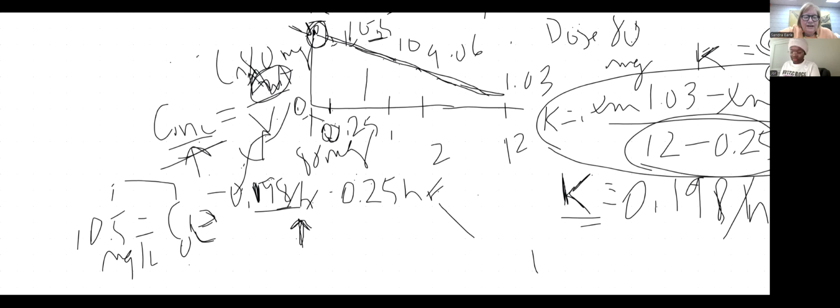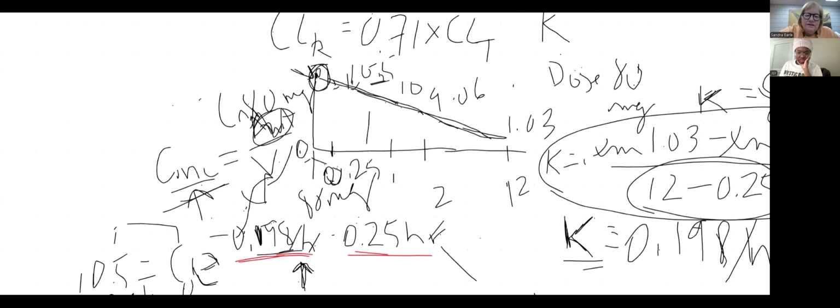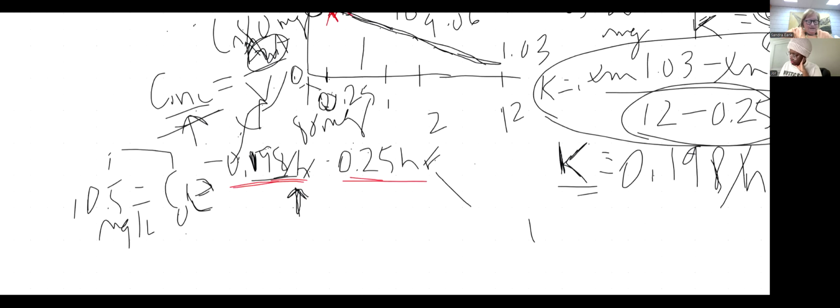So this is our k. This is our time difference between the points. What we want to know is this point, and we know this point. You can see the time difference is 0.25 hours, right? And we know this is 10.5, even though you probably can't read that. But that's what you gave me for data, right? So if we multiply 0.198 times 0.25 and raise e to the negative of that,